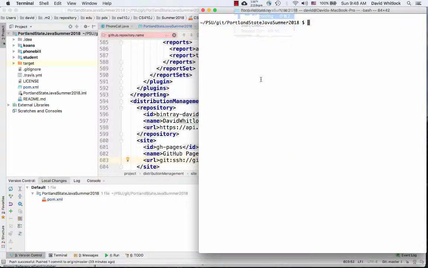Okay, we're back, and I think I got it to work. It was kind of messy. I had to do a bunch of research. I tried a couple of things that didn't work, and what I ended up going back to is something that I used last year that I thought wasn't supposed to work, but it looks like it has. So maybe there's more for me to investigate there. But anyway, now when I do a Maven site stage,